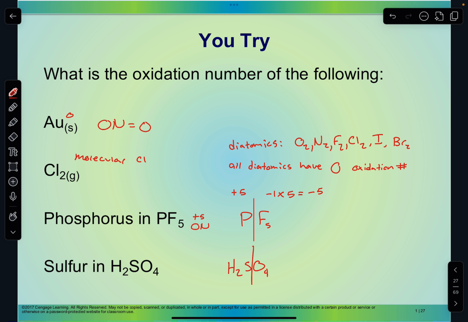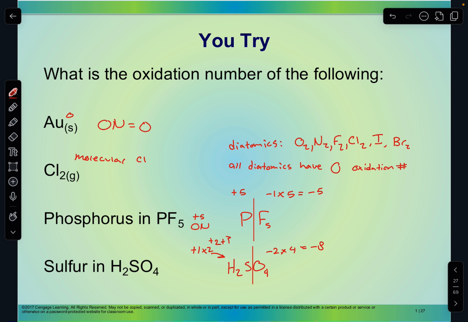H2SO4. This one's a little bit more complicated. Oxygen is always going to have a -2 besides in peroxide, so that's -2 times 4, which is -8. Hydrogen is always going to have a +1 when it is not bound to a metal. When it's bound to a metal, it has a -1, so it's going to be +1 times 2. And so that gives us a +2